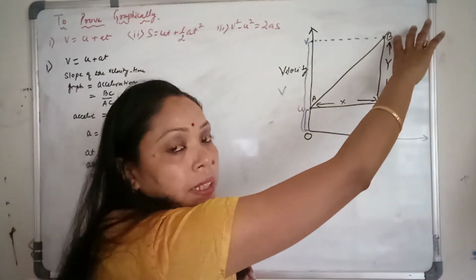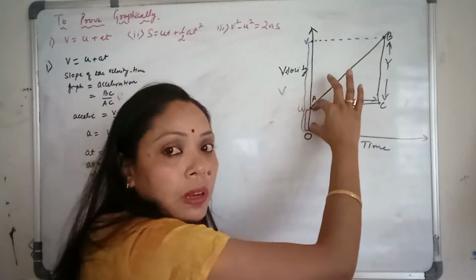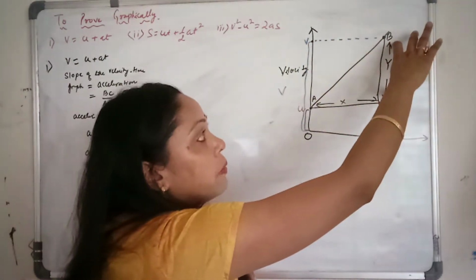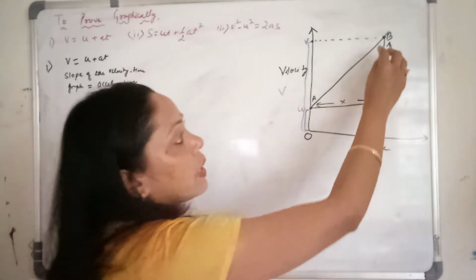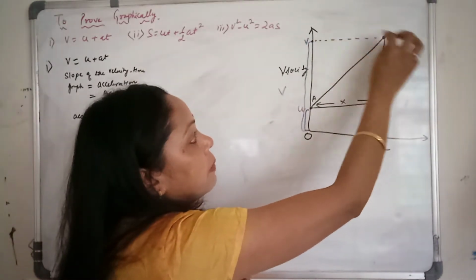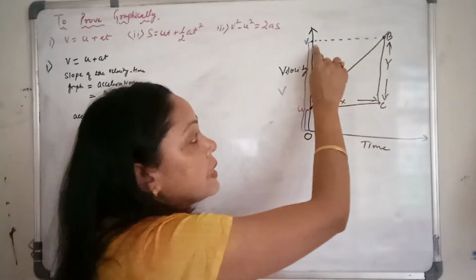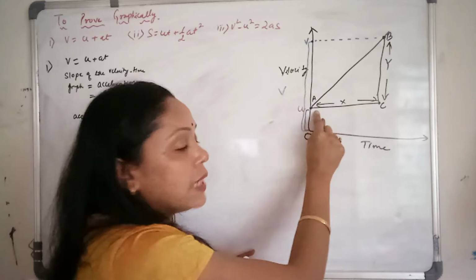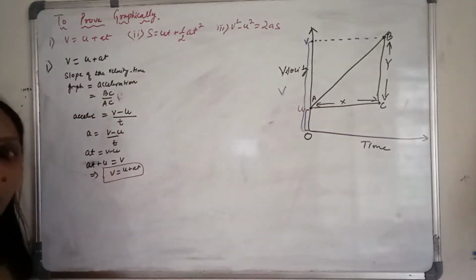Y means this portion. So this BC, because this complete portion is your B and this part will be U. So BC will be what? BC will be B minus U, or simply you can use this formula, sir. BC will be B minus C. B represents the V, C representing U. So this one will be B minus U.